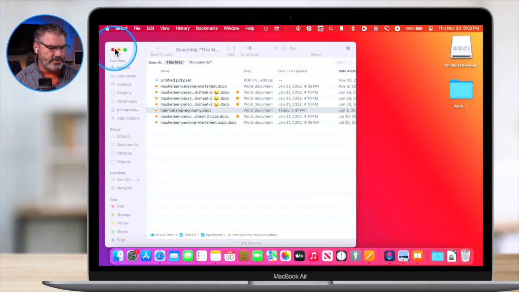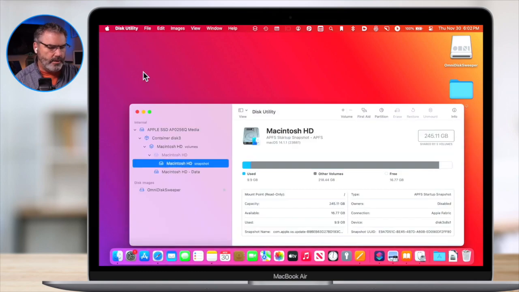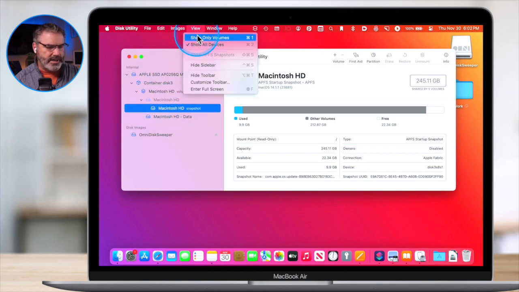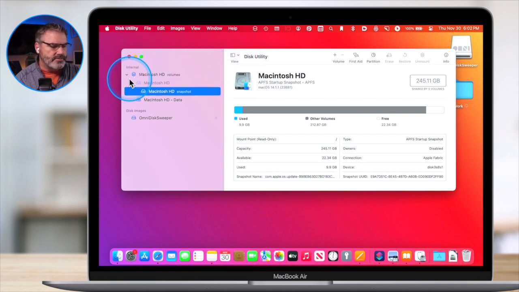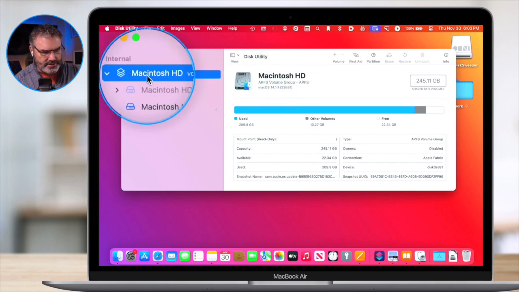When you go to Disk Utility, by default, it hides that. So you're going to see I have all these different drives in here, but that's because I have it set to show all devices. If you go show only volumes, usually you won't see all of that stuff. But you should be able to just click on it here.